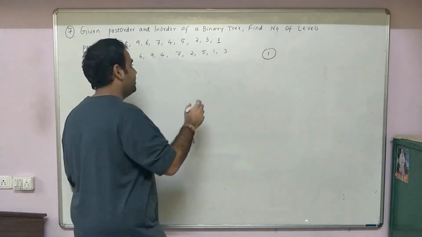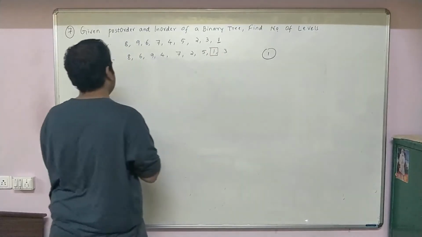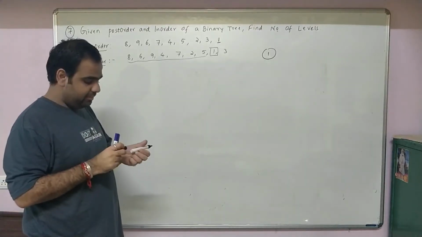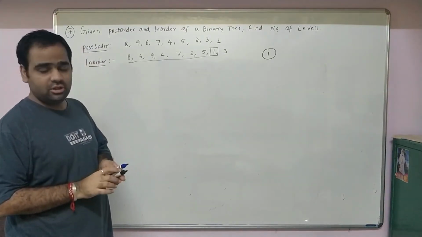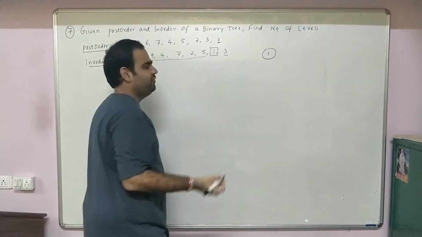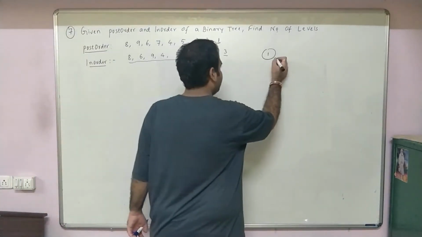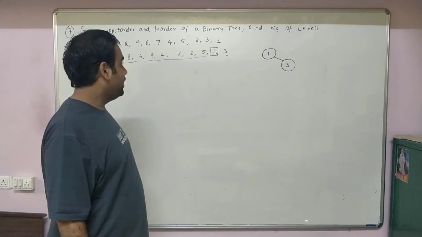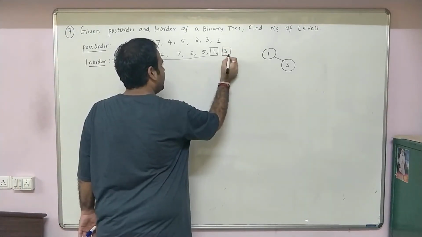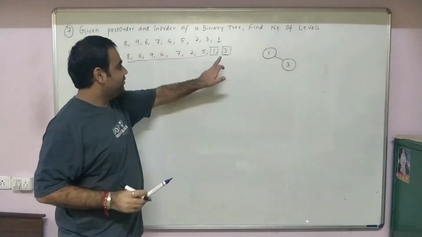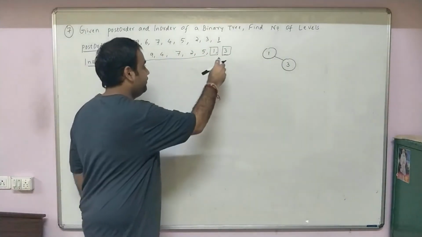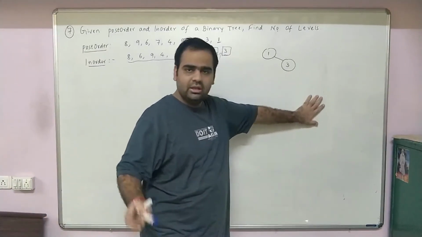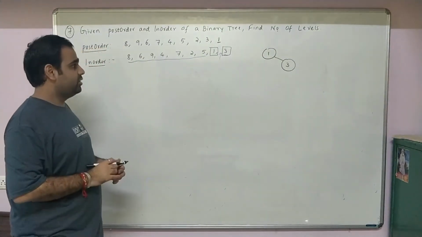Now in in order traversal, whatever is there on the LHS of the root will be in the left subtree, and whatever is there on the RHS will be in the right subtree. And by default you find only one element on the right subtree, therefore 3 should be on the RHS. Now 3 is over here. Is that okay? Now whatever is there on the RHS of 3 should be on the right subtree, and whatever is there on the LHS of 3 should be on the left subtree. Now you don't have anything on the LHS of 3 and neither you have anything on the RHS of 3. Therefore this is the tree as of now.